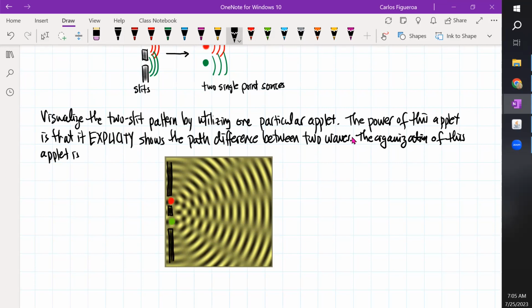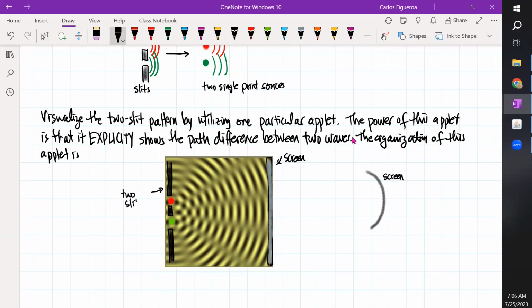Now the screen here is not flat. It's actually rounded. So the screen actually goes something like this. This is the way the screen is. What we're going to do here is assume that this screen is actually located right here. Okay, so here's going to be my screen. And then again, here's my